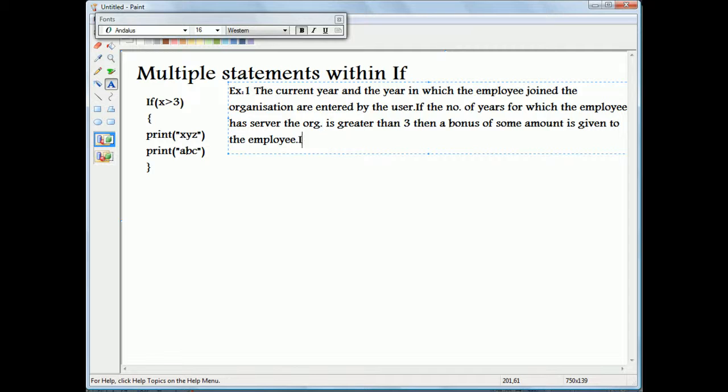If the years of service are not greater than 3 years, then